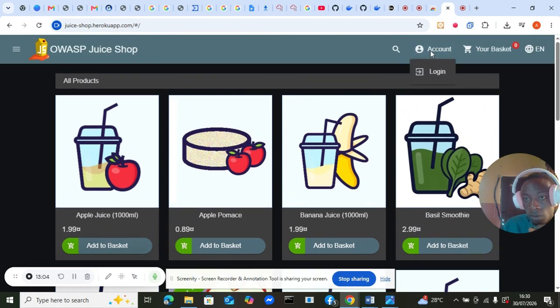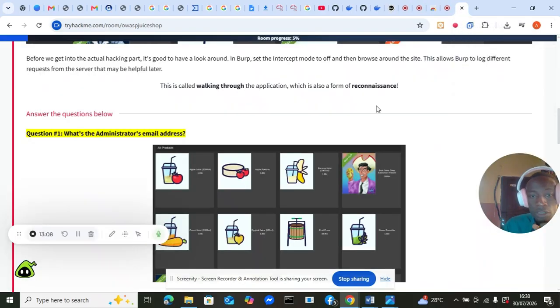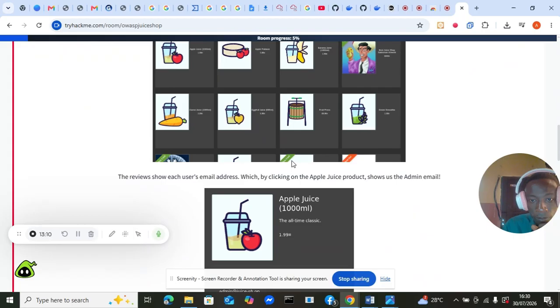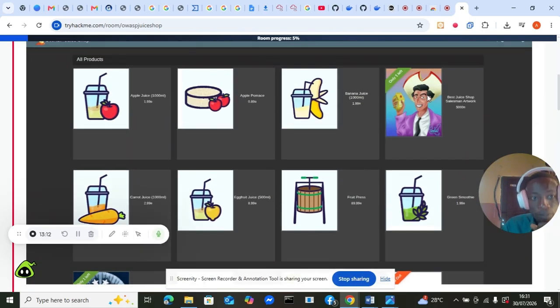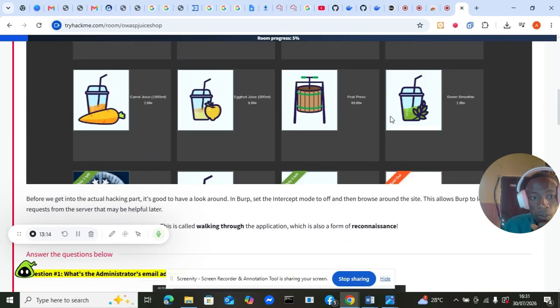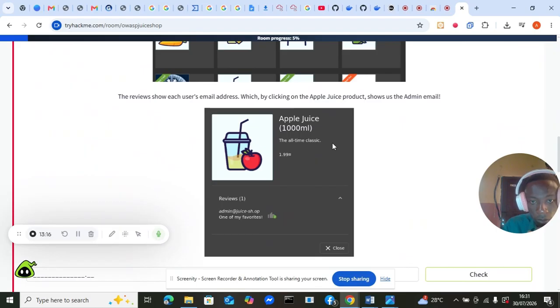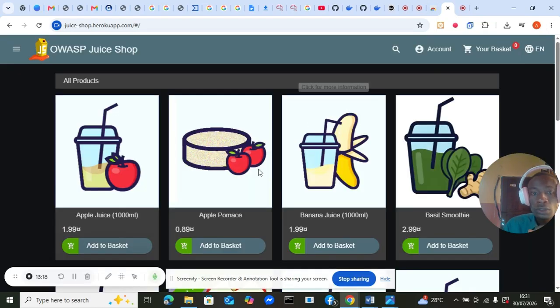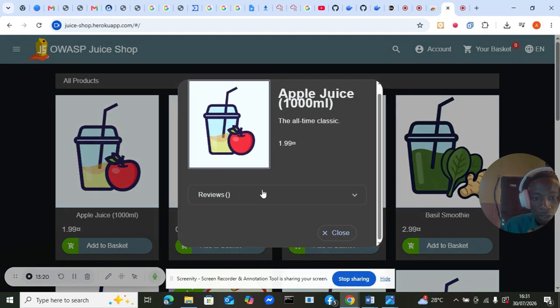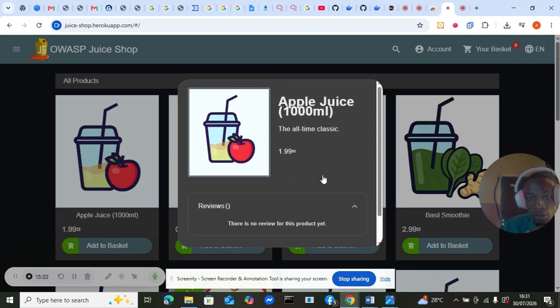So apple juice, we are supposed to find this in the apple juice environment, but it's not showing now. Let me find a way to get it. Let me just check every other one. No, no, no.